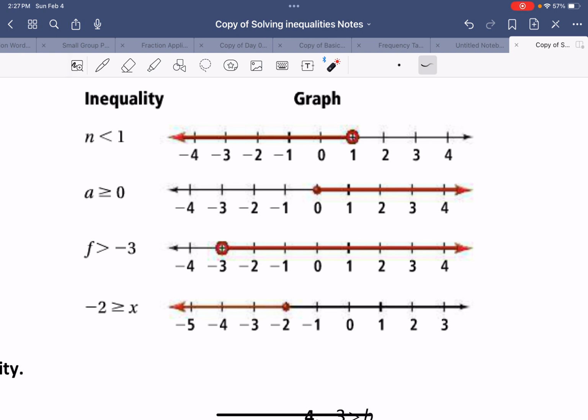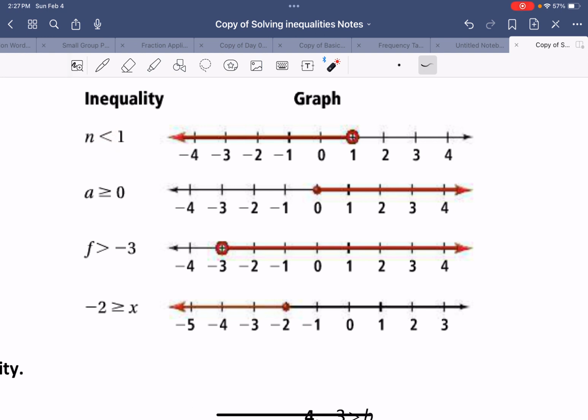Now, some people immediately go, oh, look, when the variable comes first, the inequality goes like this, so does my arrow. Okay, but your variable has to come first, because look what happens here. When your variable comes second, ooh, we're going the opposite direction. So if you remember that the rule is the variable comes first and you go in the same direction,